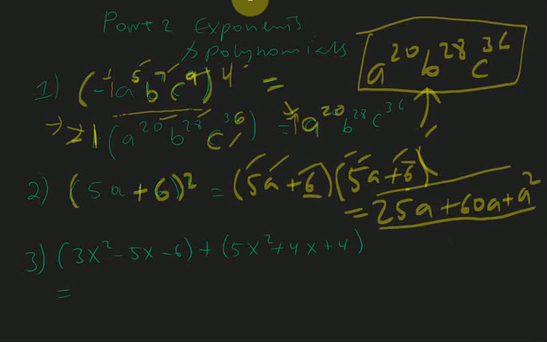one. All right, and here is what we have: 3x square minus 5x minus 6 close parentheses plus, and then we have 5x squared plus 4x plus 4. Okay, so there is no multiplication or division, it's just the addition, right? So when it's addition, then we learn in middle school you have to combine like terms,